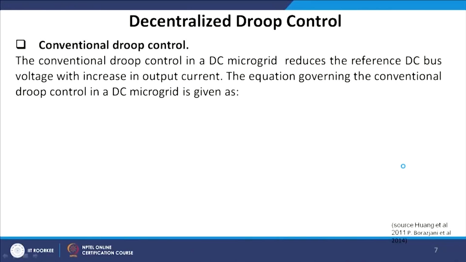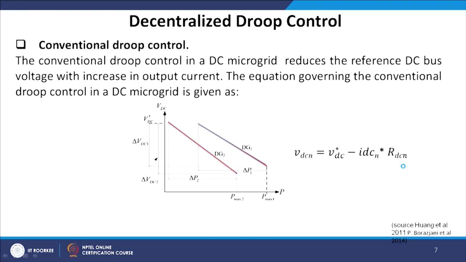When we drop the voltage, certainly the power is going to vary, and depending upon the slope, the magnitude of power variation depends, or vice versa. When power varies, the voltage has to vary, and depending on the slope, the magnitude will be decided. Now, the conventional droop control in a DC microgrid reduces the reference DC bus voltage with increase in output current. The equation governing the conventional droop control in a DC microgrid is given by